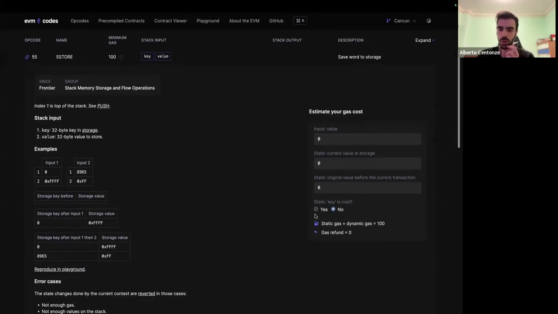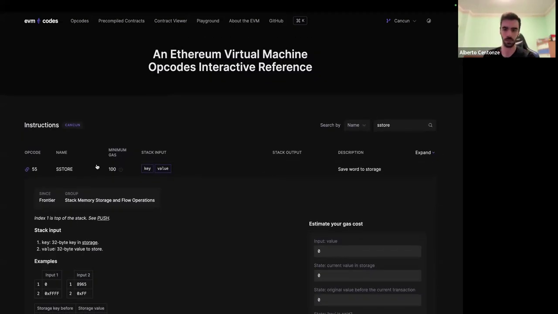What we do here is that you can see the cost by default is 100, but if it's your first access, so if the state of the key is cold, you can see it's more expensive. And they did all this stuff to emulate as much as possible what would be the expenses of a real computer, so that we don't have to make weird algorithms just because one thing is cheaper than in real computers. So this was the idea.